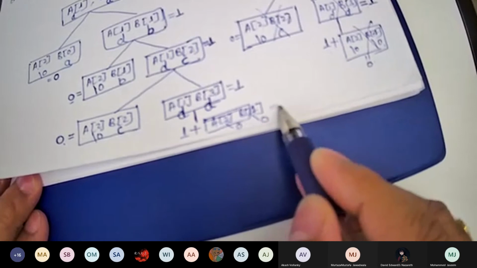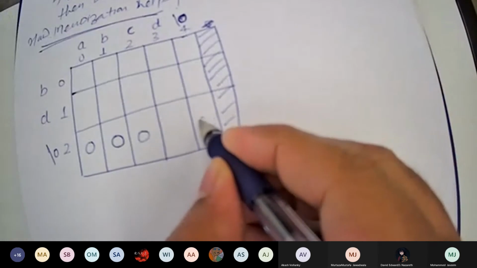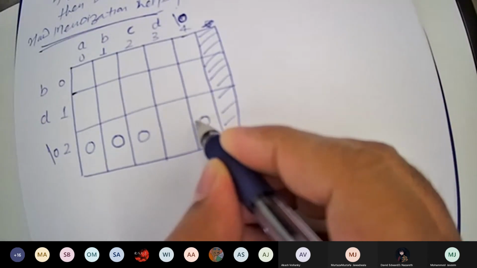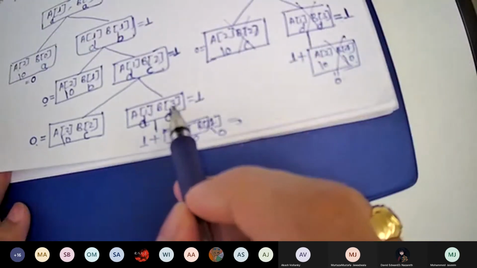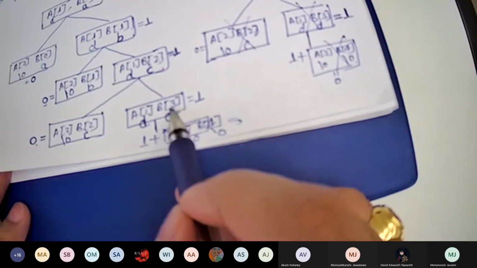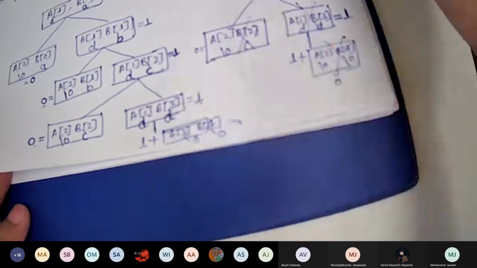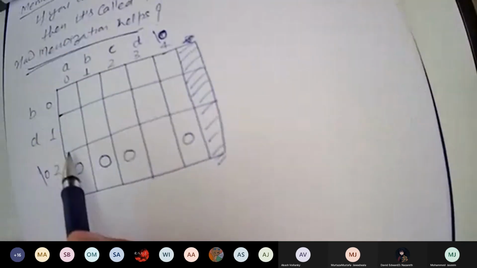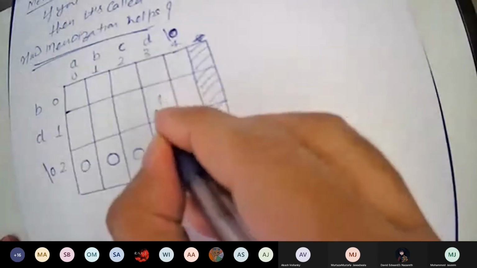The 2, 4 value is again 0. This is done. The next value which you calculated was 1, 3. From here you got this 1, 3. What is the value of 1, 3? It is 1.